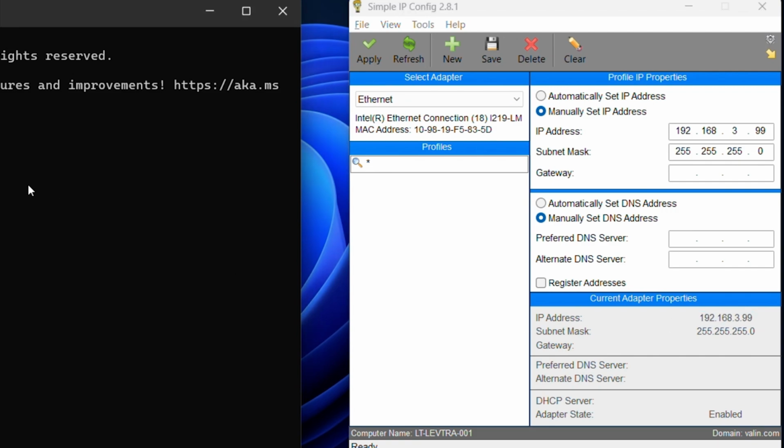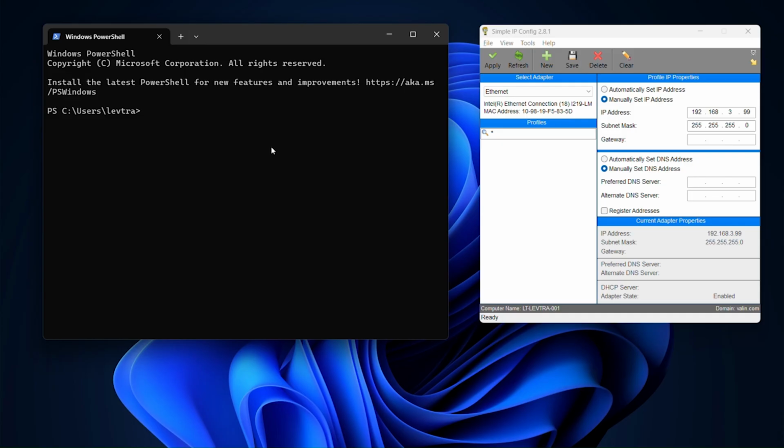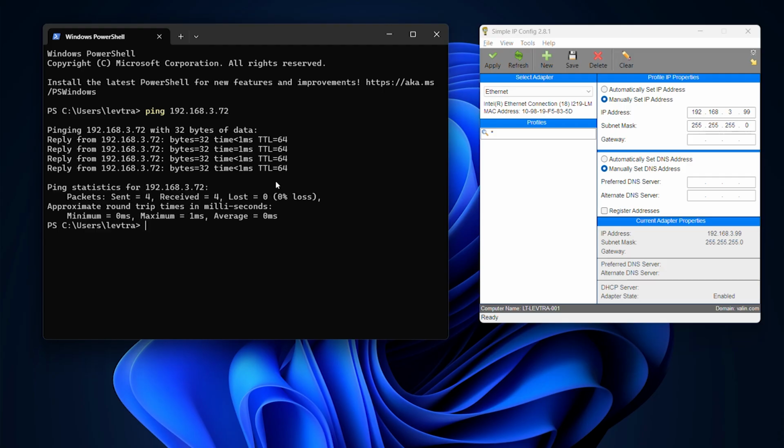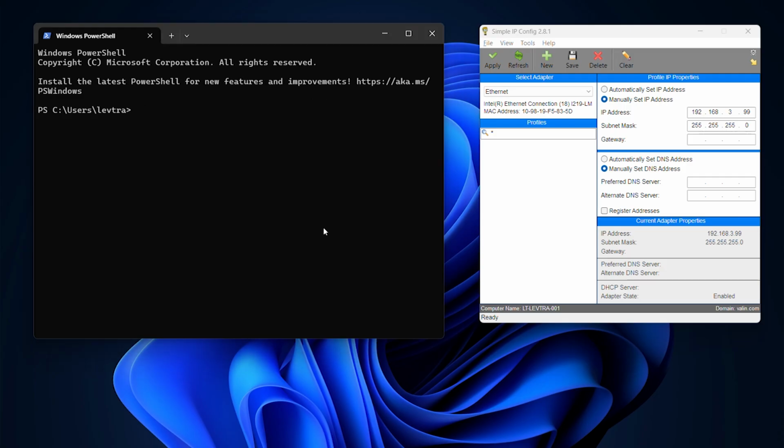And we can go ahead and open up a PowerShell window and ping the e-RT3 192.168.3.72. And if you get these responses, then you can be sure that you're communicating. Next, we're going to connect to the e-RT3 over SSH in order to communicate and load the files that we need. If you've done this before, you can do so from the command line using SSH e-RT3 at